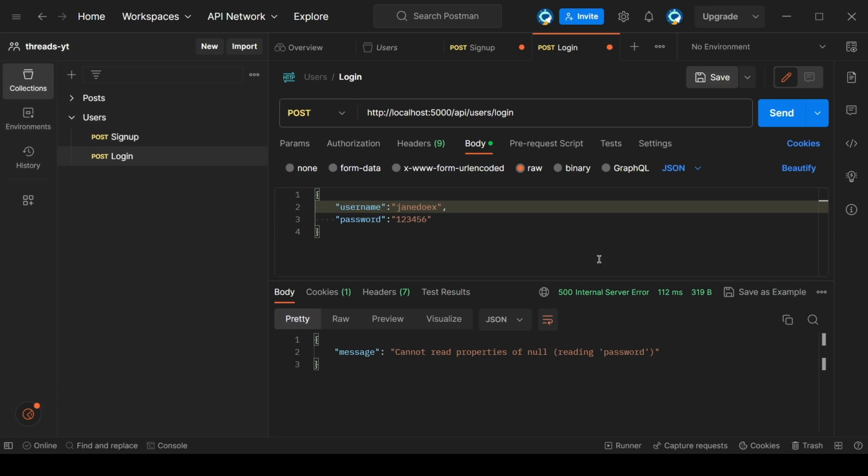Now if we try to do that, it's hopefully going to give us the correct error, which is going to say that's